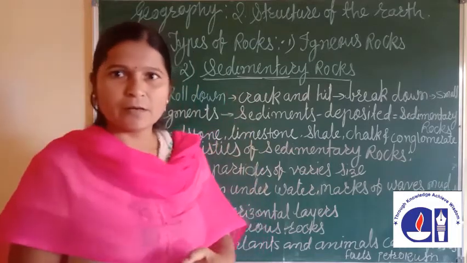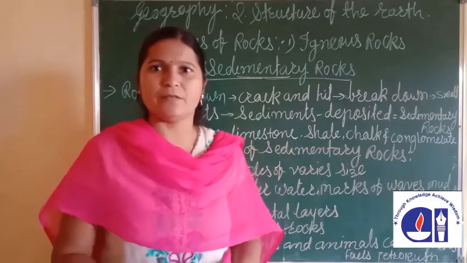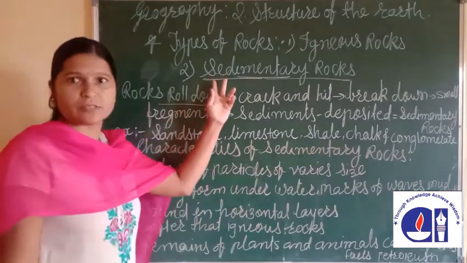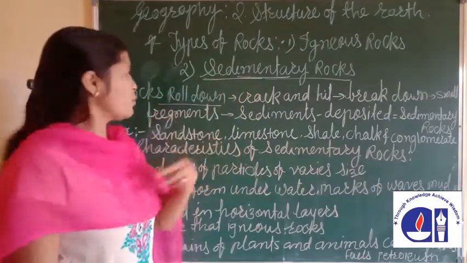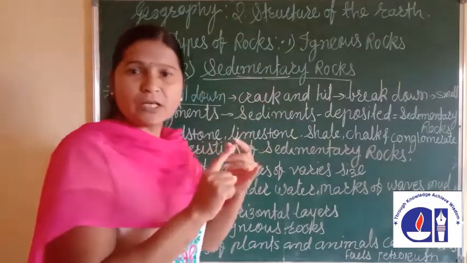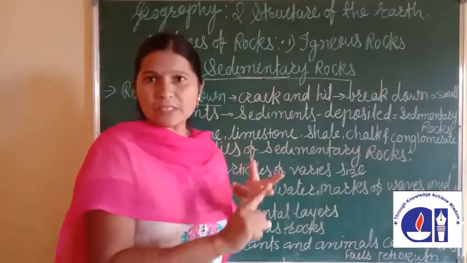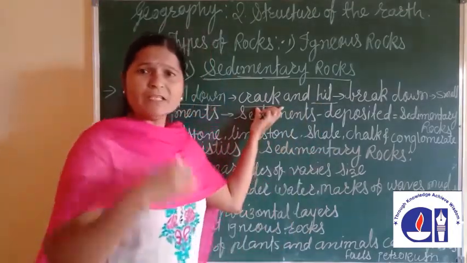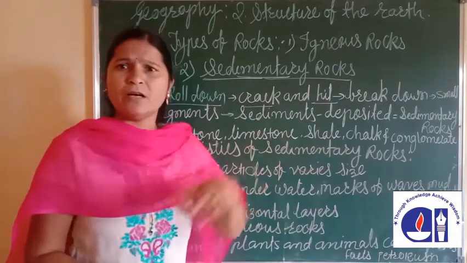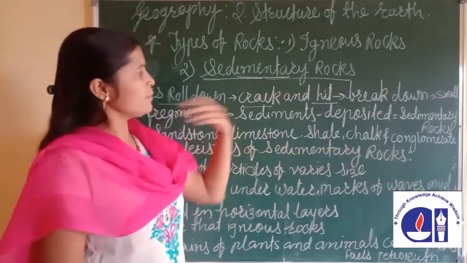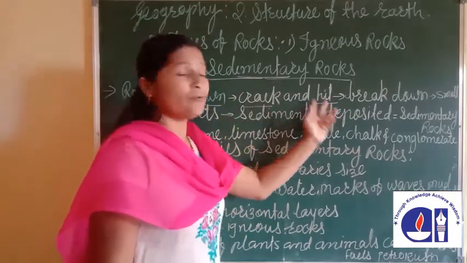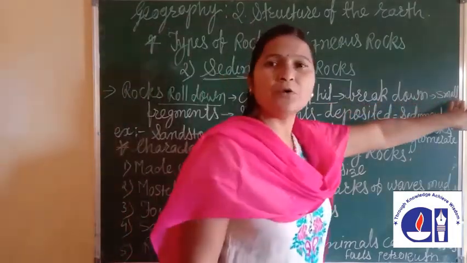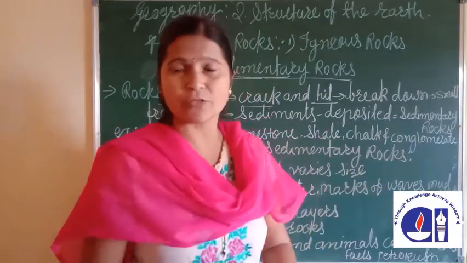By hitting, by force, rocks which roll down. These igneous rocks roll down, then due to the wind, due to the rain, due to the sunshine, these rocks are cracked and hit. When these rocks roll down with the wind, with the water, at that time some cracks happen on them. When they are hit, when they are forced together, they break down into small fragments. These igneous rocks break down,